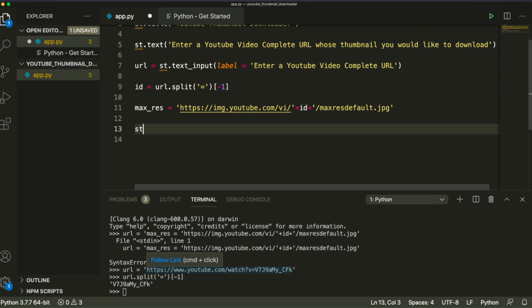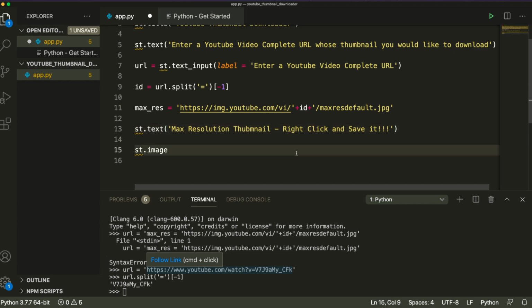st.image, and maybe we can add a small text, st.text, high resolution. Okay, I should say maximum resolution. Right click and save it. Okay, now image of max underscore res. Let me save this